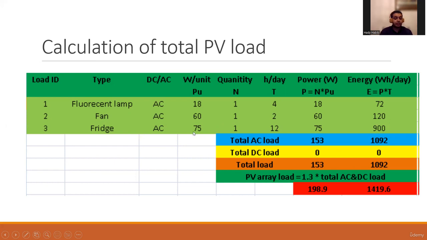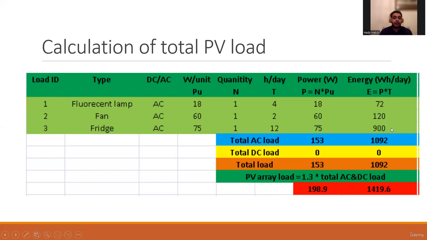We have a fridge which is 75 watt, and it's one fridge that we have. A compressor which draws electricity is working 12 hours per day. So we need energy 900 watt hour per day in order to operate the compressor of the fridge 12 hours a day as required. So the total energy is 1092 of